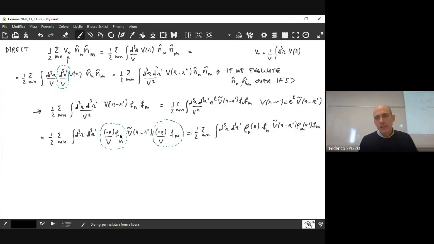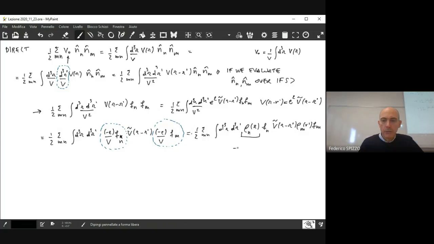So in this case, we have something that resembles the charge density corresponding to electron n interacting with the charge density corresponding to electron r prime. So this is something that resembles the direct process, the direct term in the Hartree-Fock approximation. And if you want to have an expression that is even closer to the initial one corresponding to the direct term, we may just remember that the charge density in the Hartree-Fock approximation